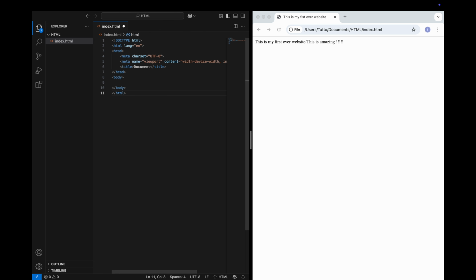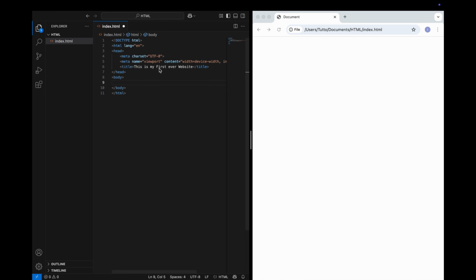Once we save the code and go back to our browser and click refresh, you'll see the body has disappeared and our tab title has changed to "Document," which is the title here. So if we change this back to "This is my first ever website"